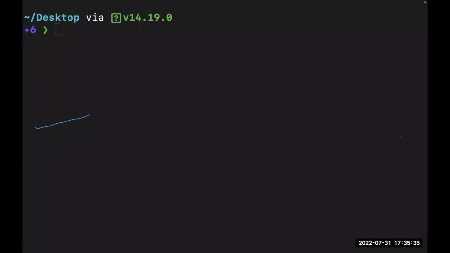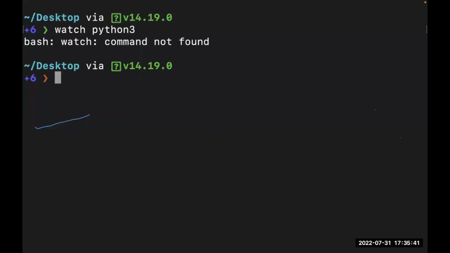Okay, so check out the watch command, which is basically used to watch. Oh, okay, I don't have that here. The watch command would work on a Linux machine. A Mac actually runs on Unix, but a Mac is not Linux. I'm teaching you these commands based on what you would use on a Linux machine, because when working on the cloud, you're going to be using a Linux machine.